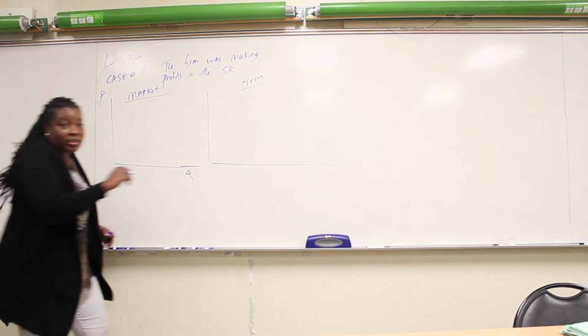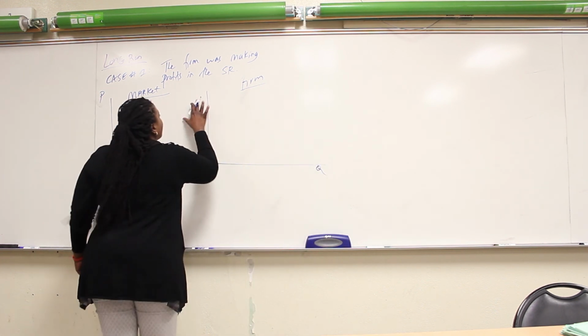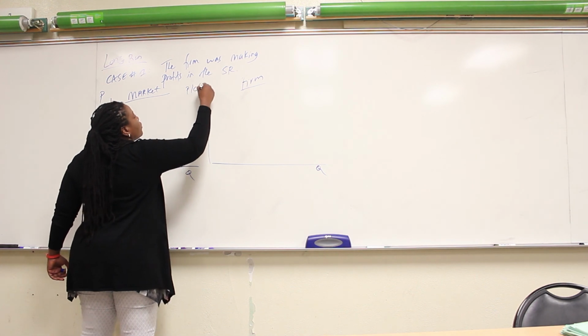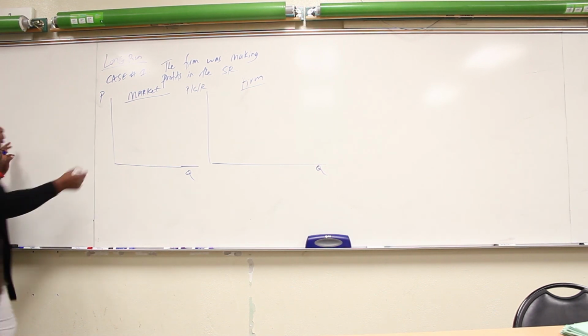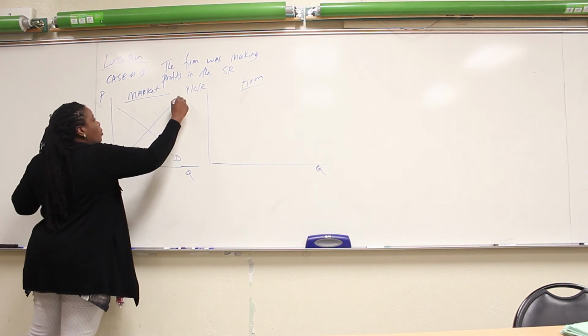And let's label what's happening in the firm. We still have our quantity here. And here, you know this is price, cost, and revenue. So the entire market or industry, the entire fish market, the entire farmer's market, the entire flower district, and then that's one representative seller in the market. Now the market looks like any other market. We know that. Downward slope in demand, upward slope in supply.